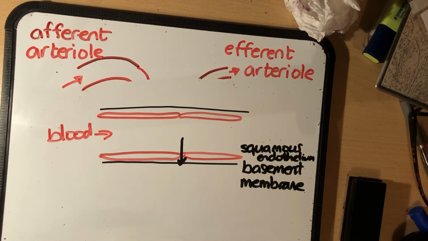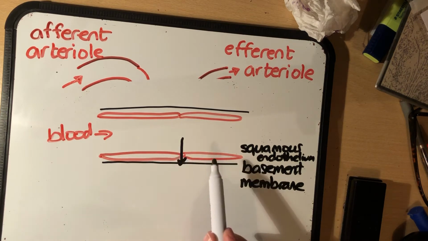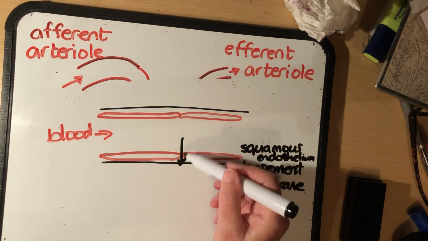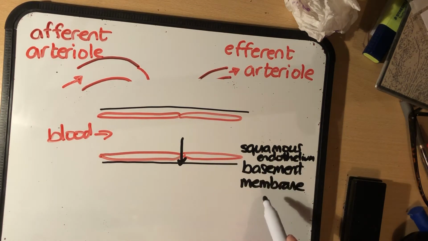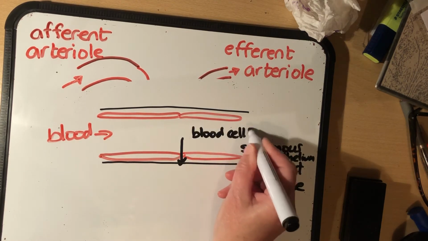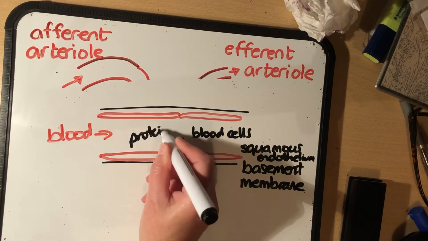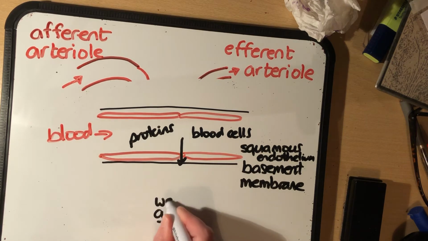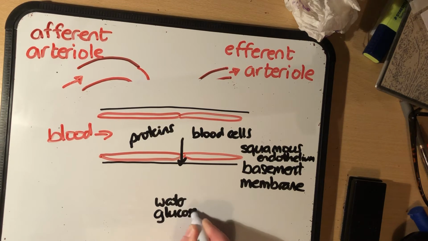Now, there are also proteins, things like hormones and so on, fibrinogen and stuff like that in the blood plasma. So the plasma proteins are big molecules. Proteins will not get through. So the basement membrane really is the filter. It's effectively the filter. It does the filtering. So blood cells won't get through, and proteins are too big to get through. But the kind of things that can get through are, well, water, glucose,